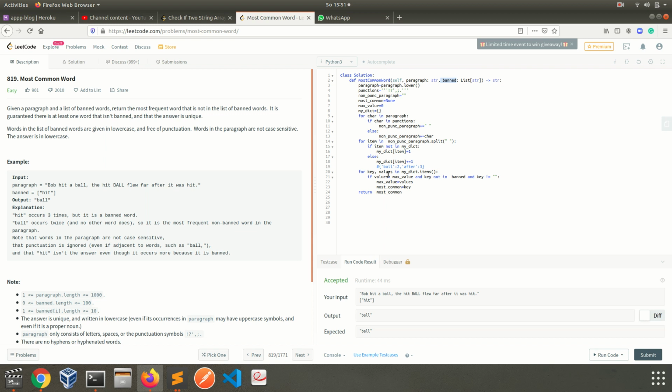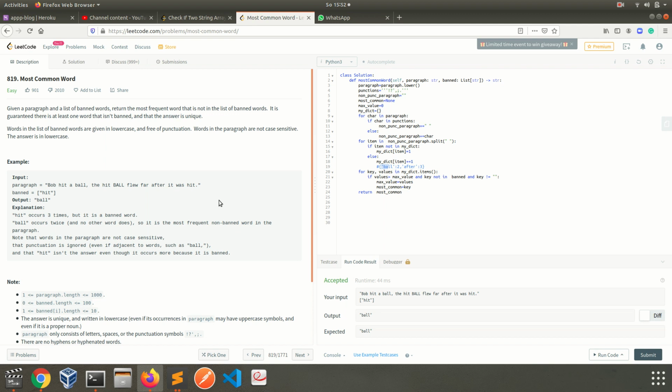The key, the word ball for instance, should not be in the banned list, and the key should not be the space character. Why? Because I changed the punctuation with the space. Sometimes two spaces can occur, and the program will count this space as a word.